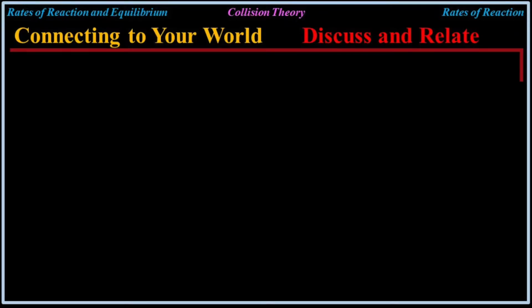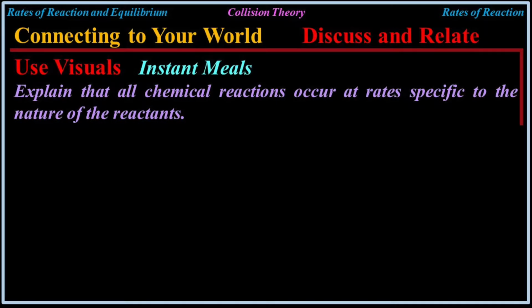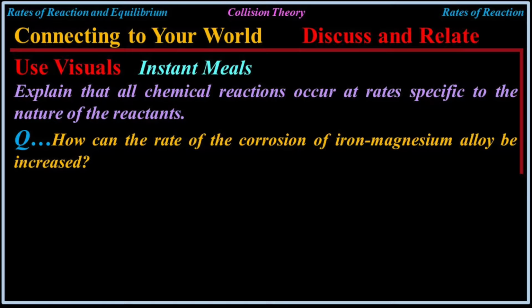Connection to your world. Let's discuss and relate. We'll use visuals, the instant meals, explain that all chemical reactions occur at rates specific to the nature of the reactants, and let's do some questions. How can the rate of the corrosion of iron-magnesium alloy be increased? Well, it's said right in the text that you're adding salt water, and that's exactly what's happening, by the addition